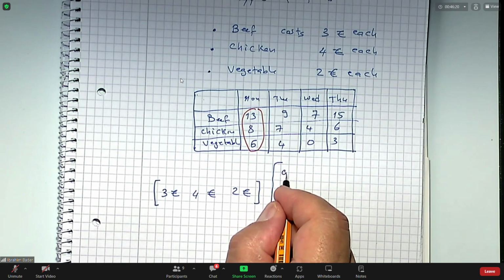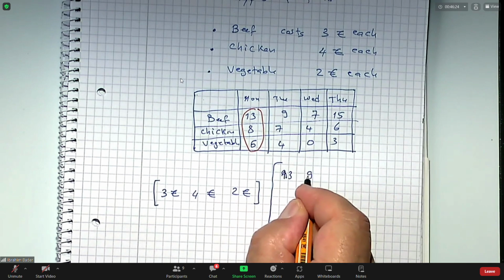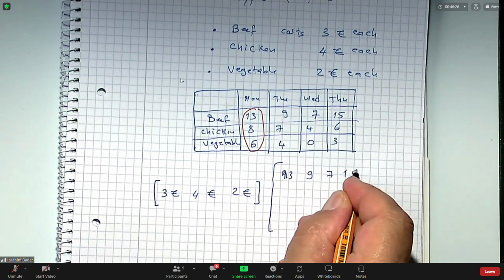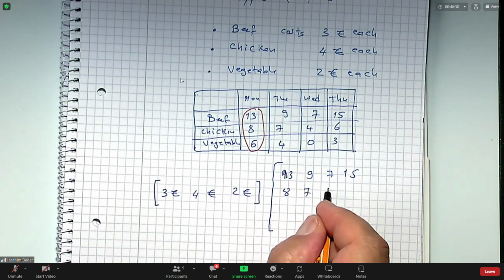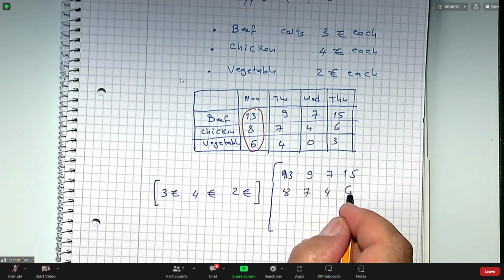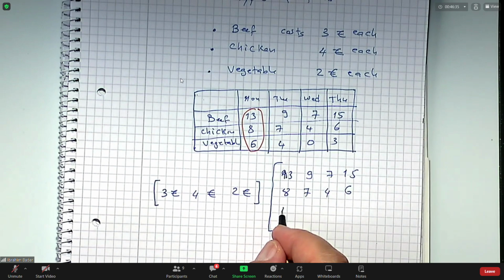So 13, 9, 7, 15, 8, 7, 4, 6, and the last one here is 6, 4,